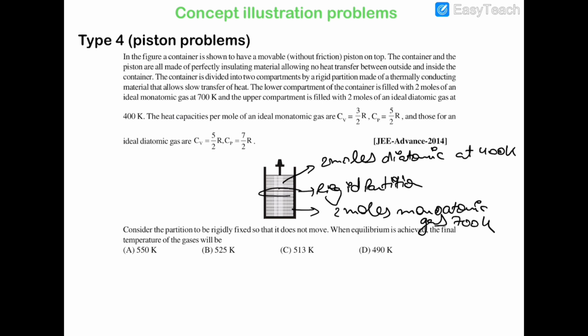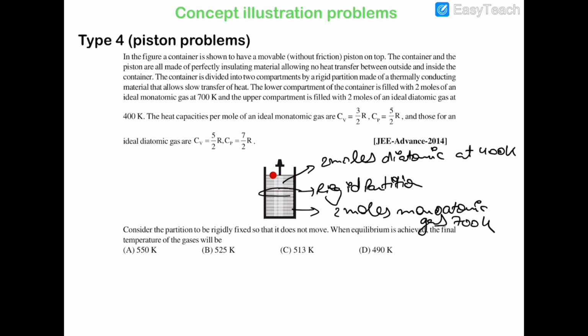Okay, and we have to find out the equilibrium temperature of these two gases when equilibrium is reached. You can see that if this piston is rigid, then we can say that this gas will exchange the heat at constant volume,